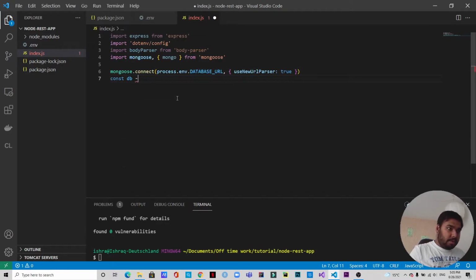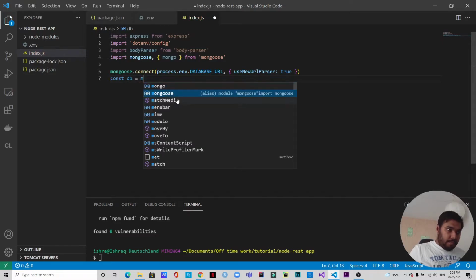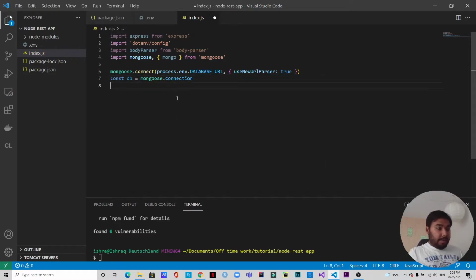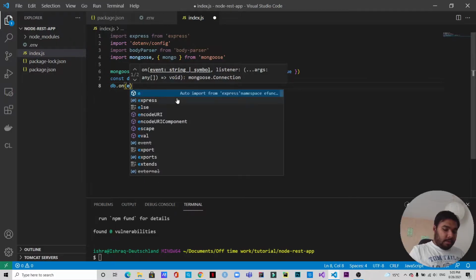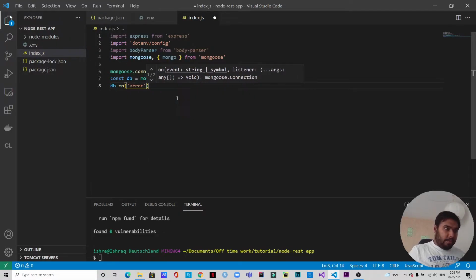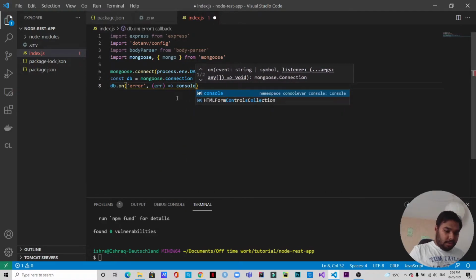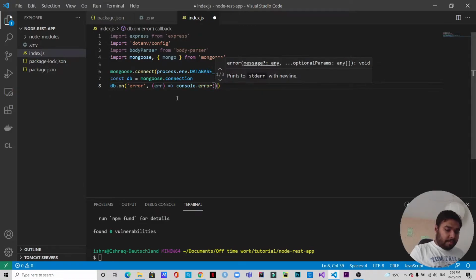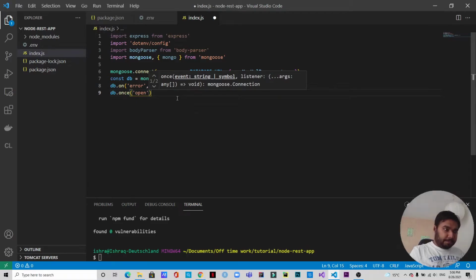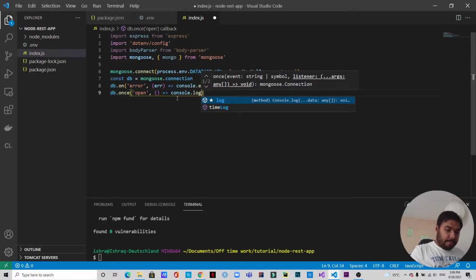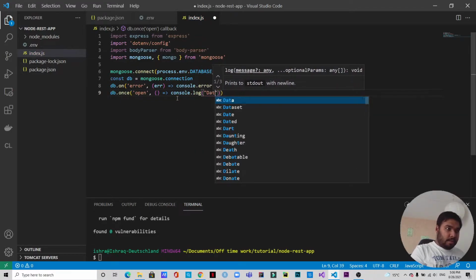Const db equals mongoose.connection. If there is any sort of error, what we're going to do is db.on error, and we will have console.error the error. Otherwise, db.once open, and let's have an arrow function with console.log database